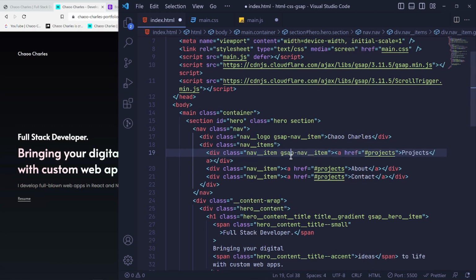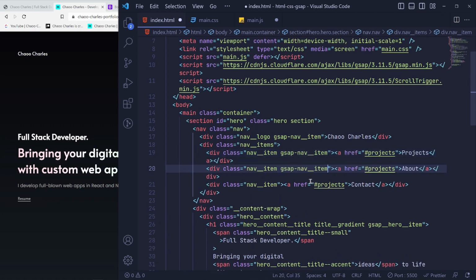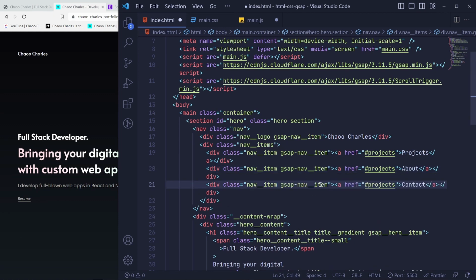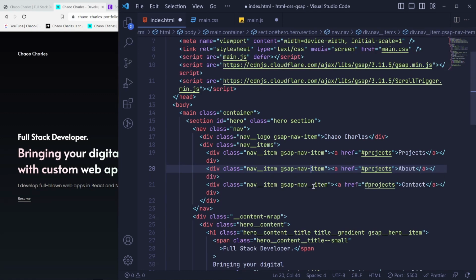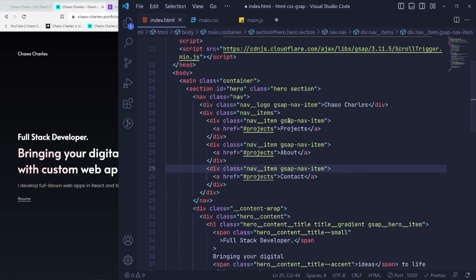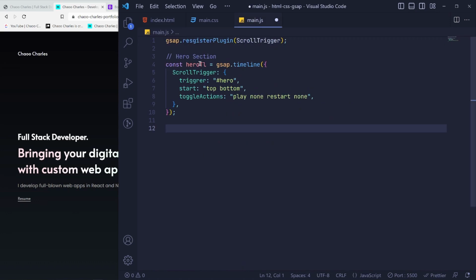I'm adding this as an extra class here, GSAP, GSAP, GSAP, just to specify it's for the animation. And maybe I can even remove this. It doesn't have to be the same. Just like that. So I can select this GSAP nav item and add some animations to it, but using this